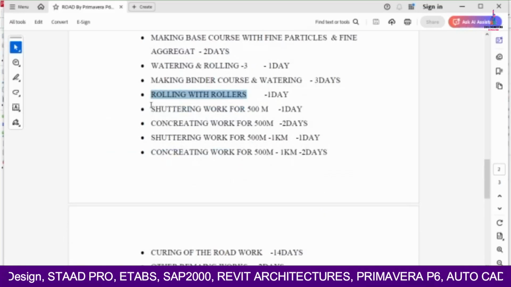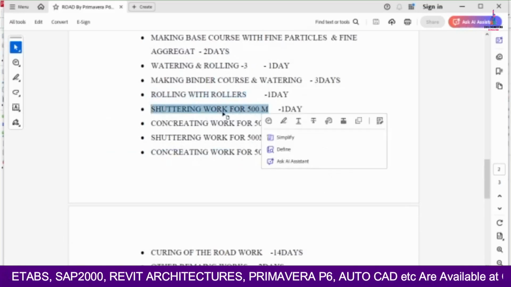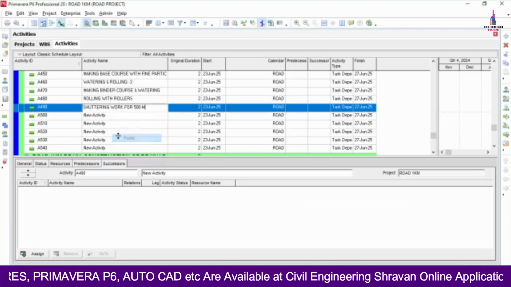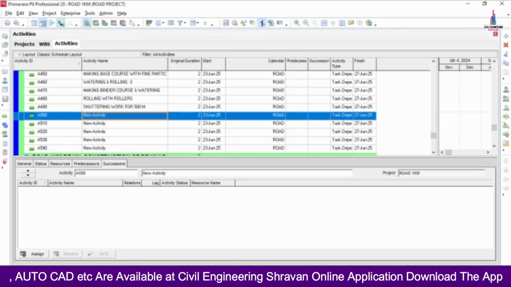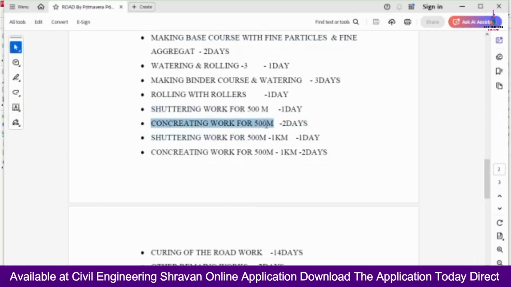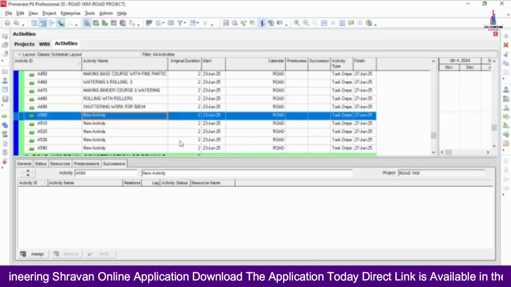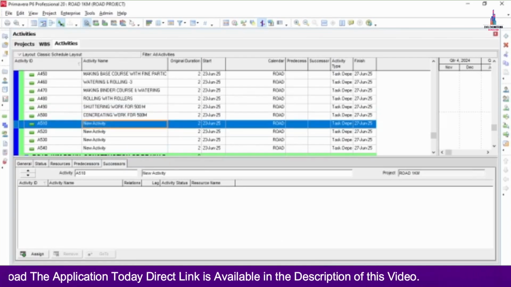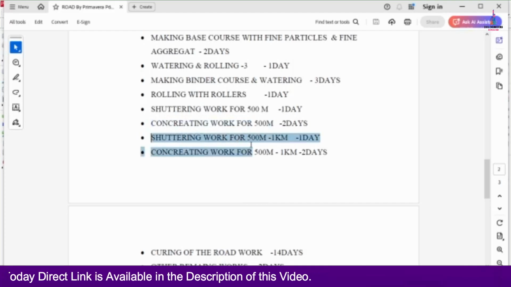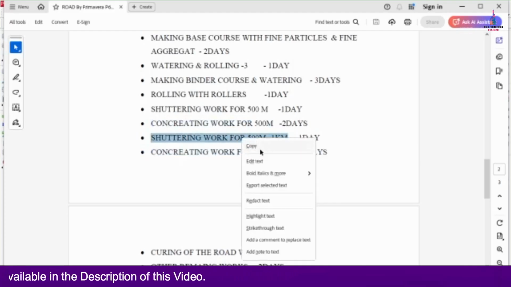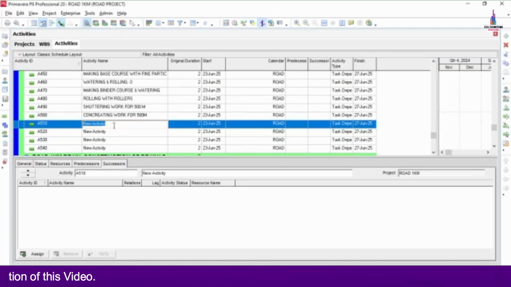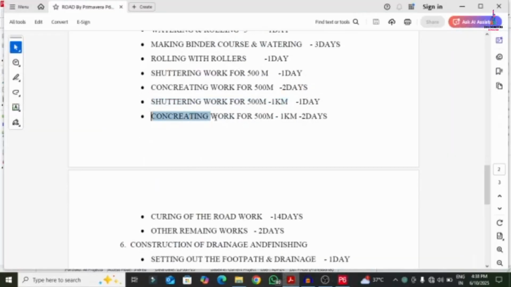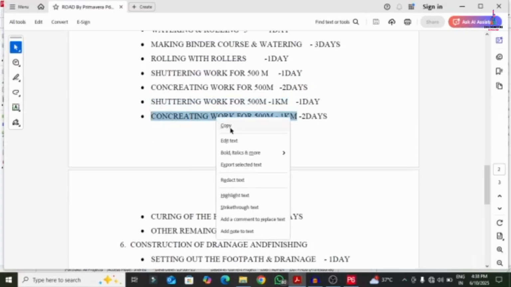Next activity which is related to shuttering work for 500 meters. Concreting work for 500 meters. Next activity we had to add here, shuttering work for 500 meter to 1 kilometer. Copy, and we had to paste here. And next activity, concreting work for 500 meter to 1 kilometer. Copy,